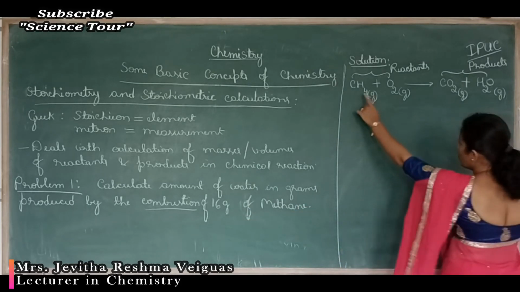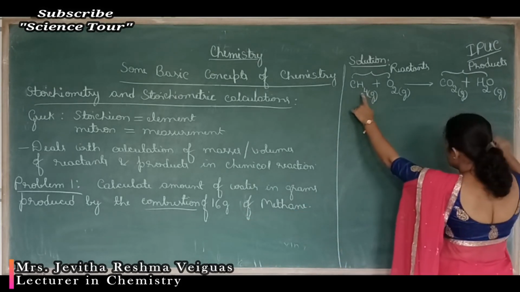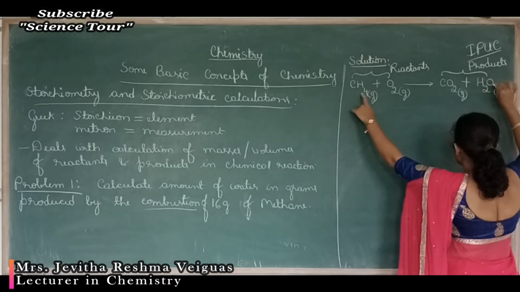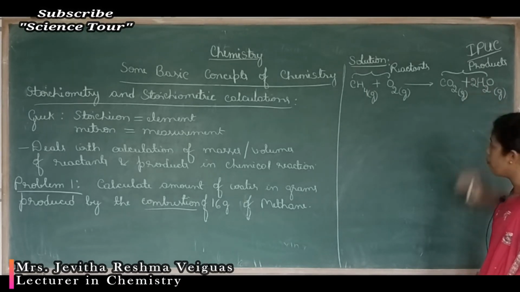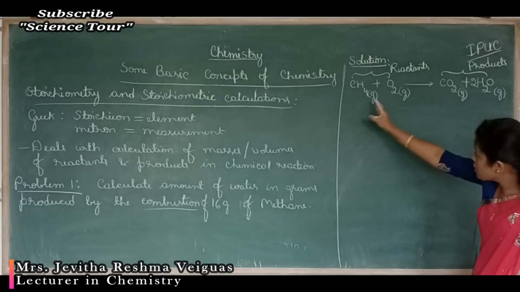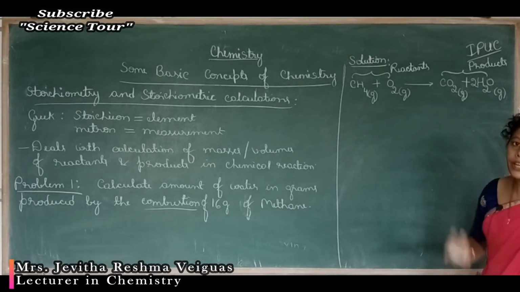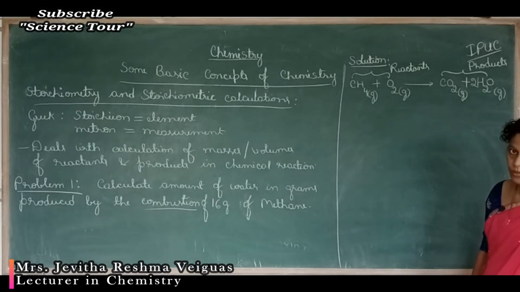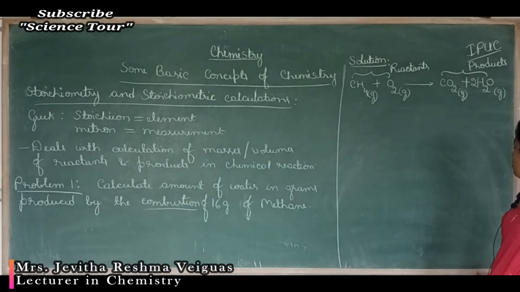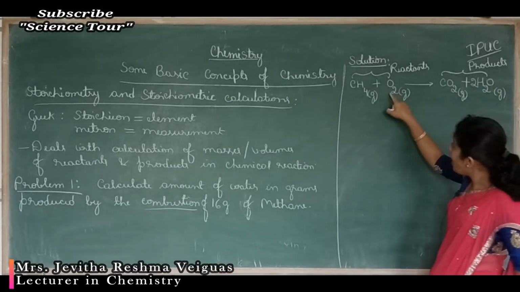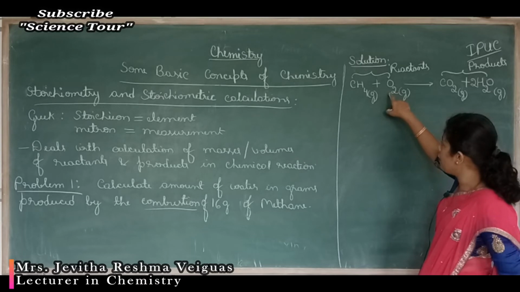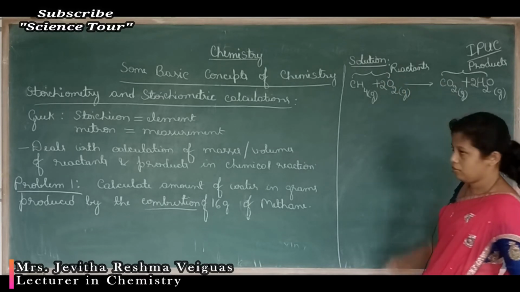So now on the left side I have 4 hydrogen. In order to have 4 hydrogen on the right side, I will multiply water by 2. So 2H2O, 2 into 2, 4 hydrogen. Left side also 4 hydrogen. So the number of hydrogen atoms are balanced. What is not balanced is oxygen. How many oxygen atoms are there on the right? 2O plus 2 means 4 oxygen. But I have only 2 on the left side, so I will multiply it by 2.